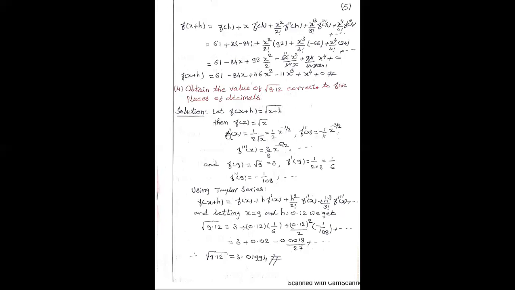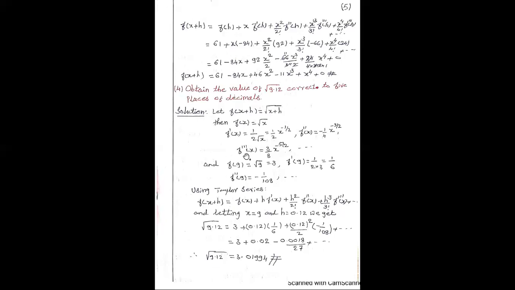Why you want this value? Because you want to get the second order derivative. So therefore, to find the second order derivative, you are putting that f double dash of x is equal to minus 1 by 4 x to the power minus 3 by 2. So 1 by 2 will remain as it is. One more 1 by 2 will come down. That becomes minus 1 by 4. Then this is equal to 1 by 2 minus 1 is equal to minus 3 by 2.